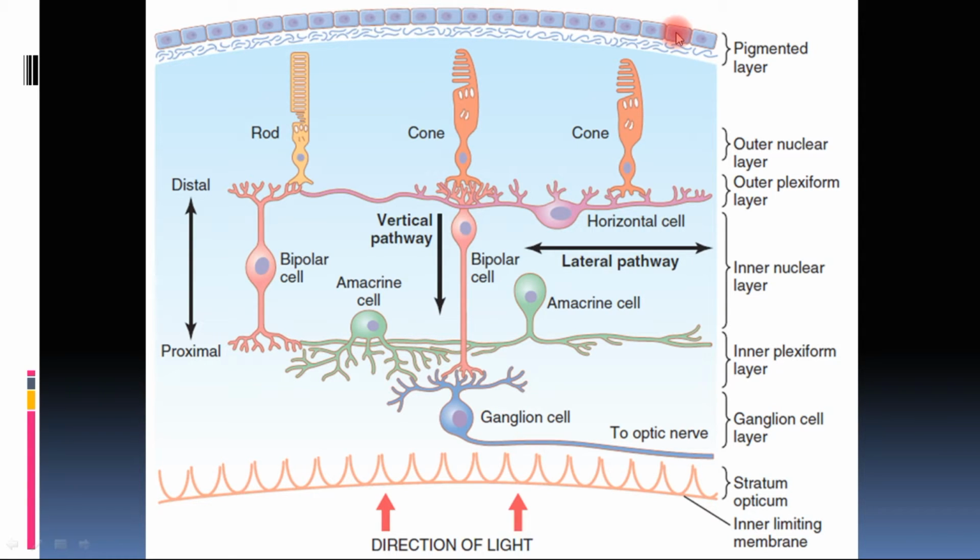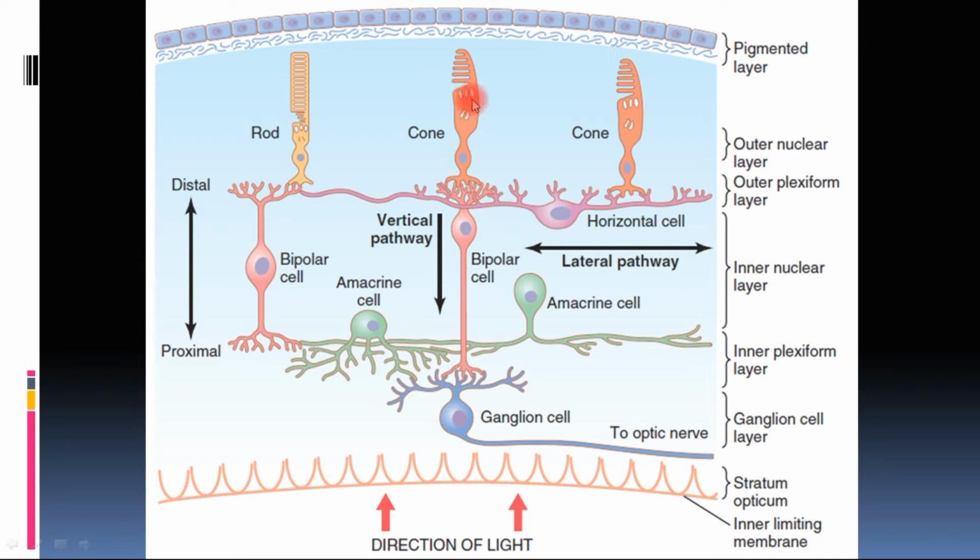One more important aspect of the pigmented layer is that it has vitamin A. Vitamin A is very important in the photochemistry, as we will see. The pigmented layer has a large amount of vitamin A, which will help in vision. So this is the first, outermost layer. Then coming towards the inside, next to the outermost layer is the rods and cones.